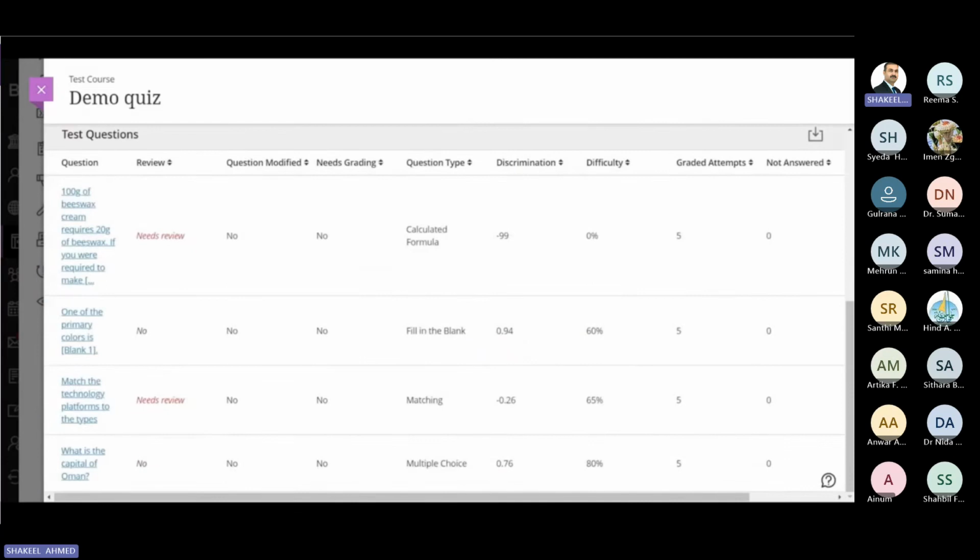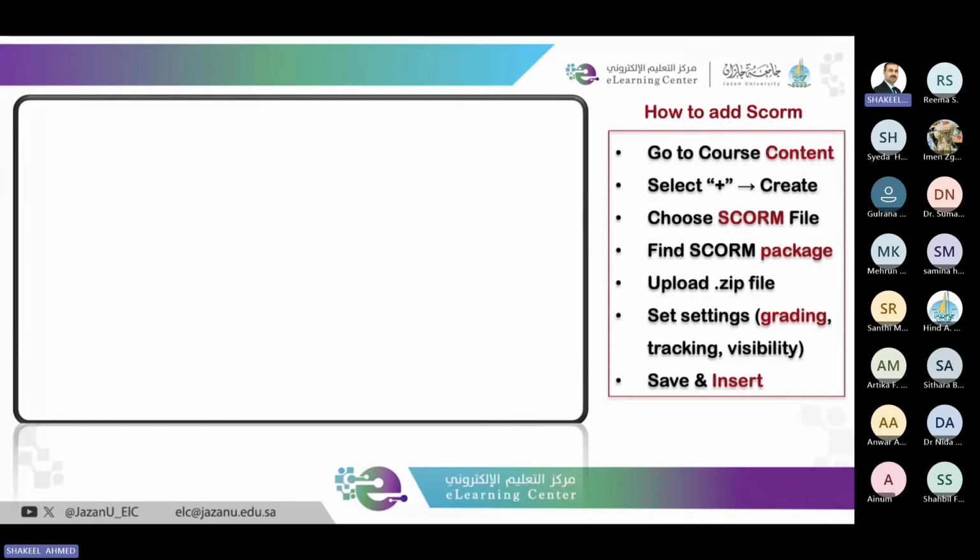So this is a good way to monitor the quality of your questions, and if necessary, particularly when you're coming round to the next semester, you may make some changes in order to improve it. So by this tutorial, you may find the easiest way to track the activity of your students and how you can analyze the question strength. That is also really important.